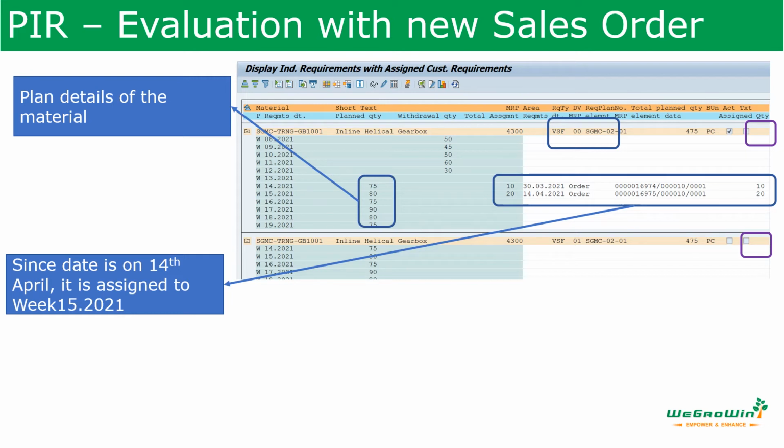Like this, based on the date, the system will consider the week and consume the plan. You remember how the plan is getting consumed? Consumption mode. Hope you remember. Now we are getting the order, and the system is consuming the plan. Please recall the discussion. If you want to see the session, please go through the previous session and see the consumption mode. So now when you enter the date, the system is going and consuming this plan.